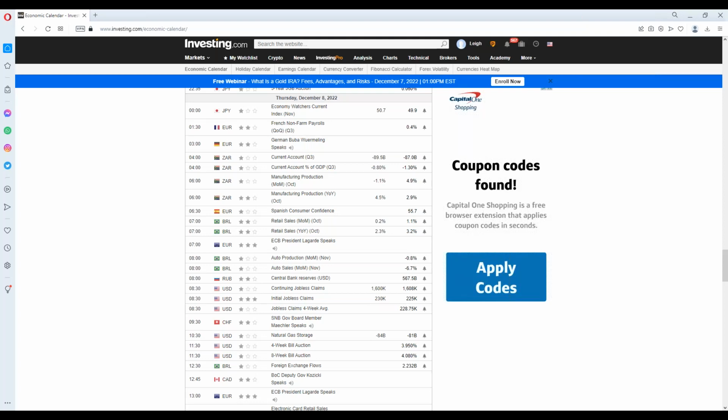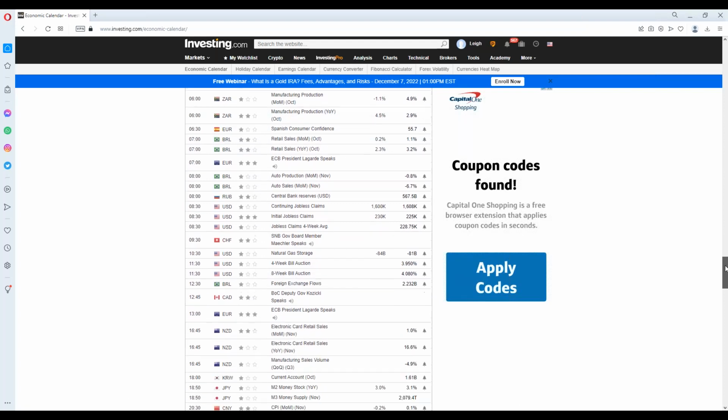That's our whole business model, isn't it? I'm going to go to the calendar and see that maybe this 8-week bill auction is going to move the bonds, right? That's some sort of a bond. It's a bill, it's a bond. I'm going to do a little research, figure it out, and maybe that's the best trade. That's what we do, right? It all flows from the calendars.